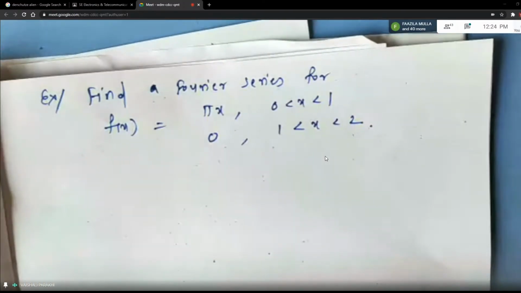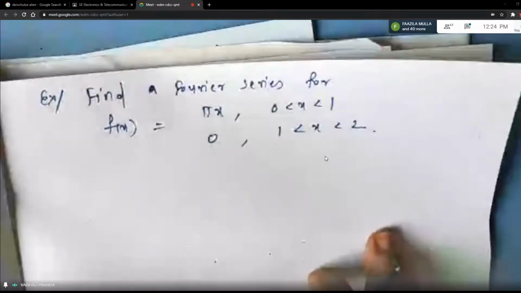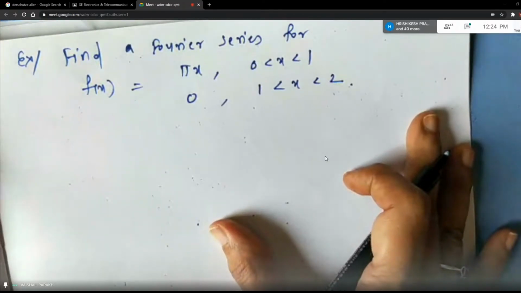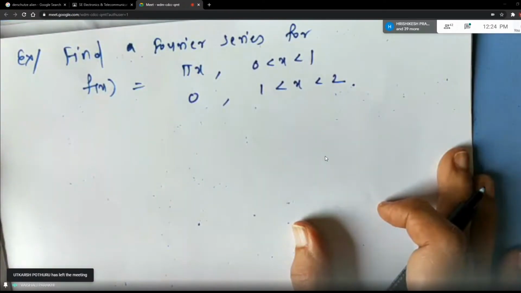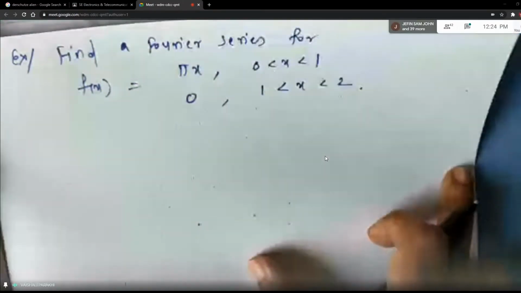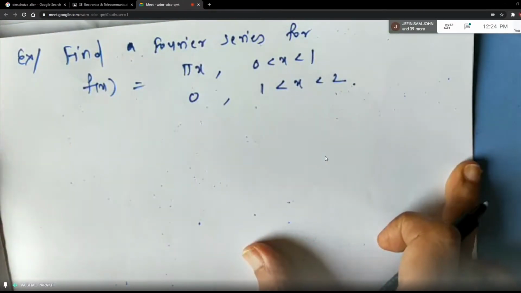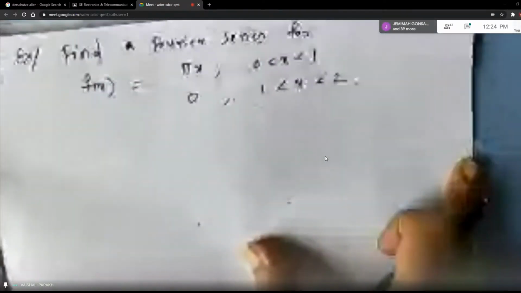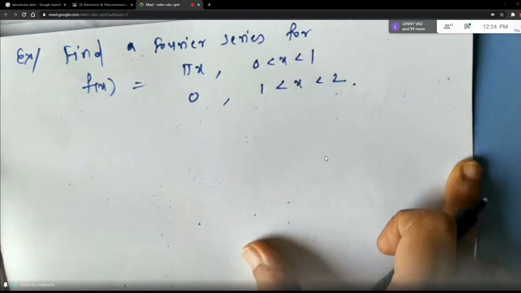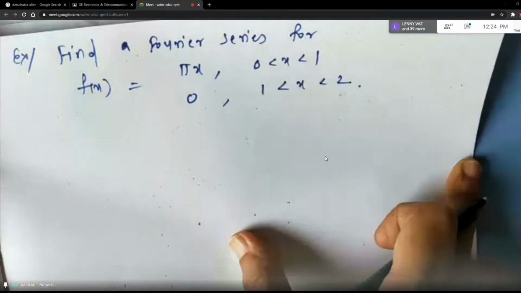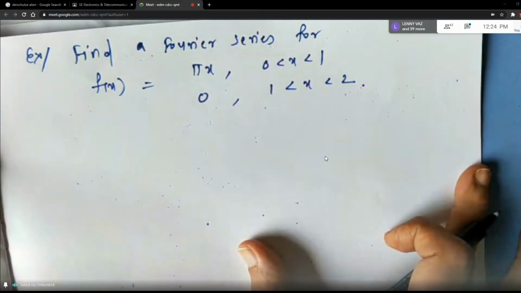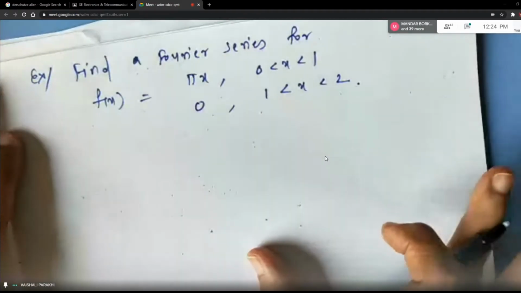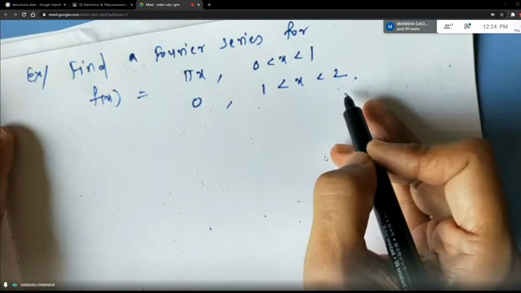Now you have to see which set of formulas you are going to use for this. First set of formulas is in terms of pi and 2 pi. But here you have actual numbers, 1, 2 and all. So you have to understand that you are going to use the second set of formulas. Now when the function is split, there is no question of even and odd function. So what is your interval here, students, and what will be L here? Basically your interval is from 0 to 2.